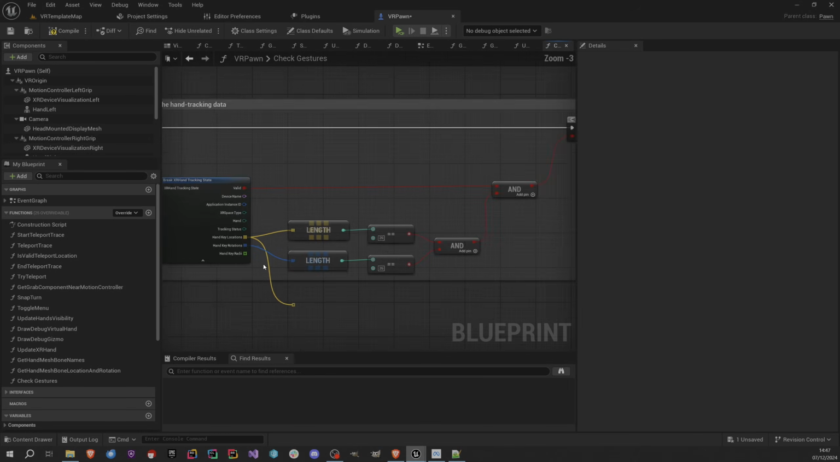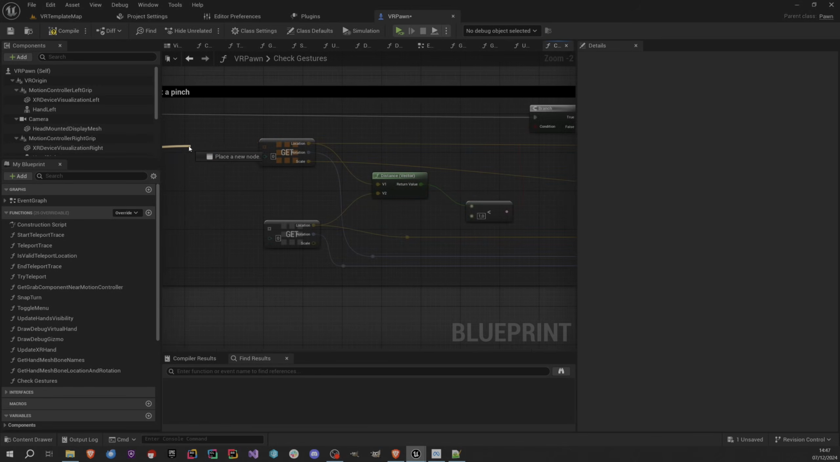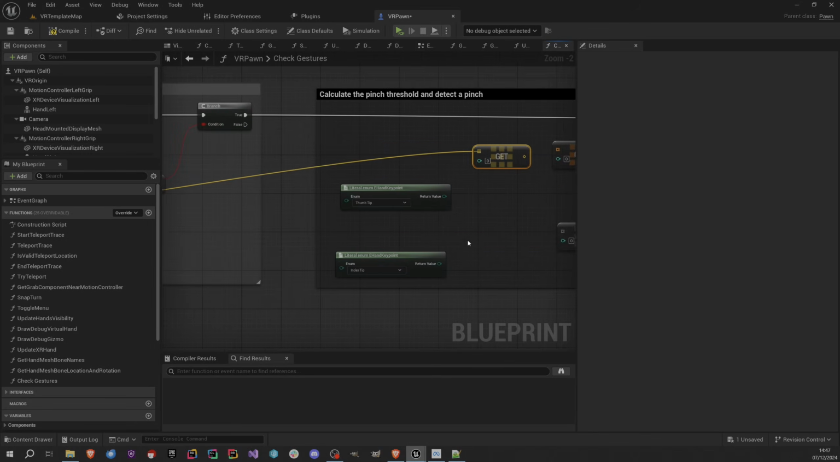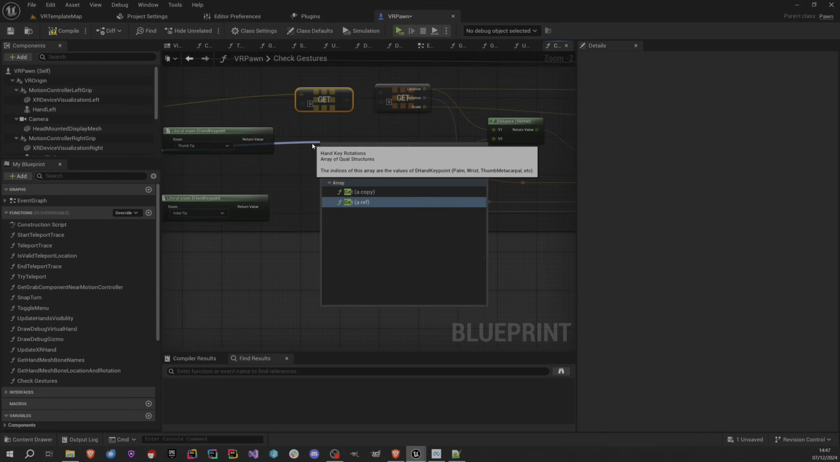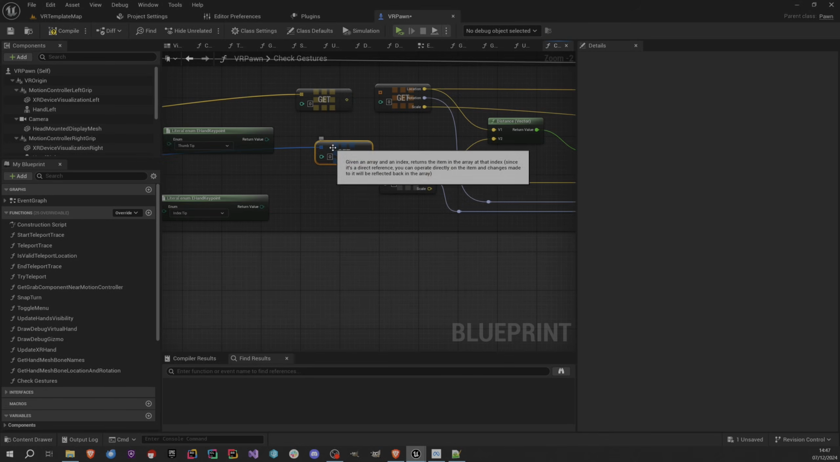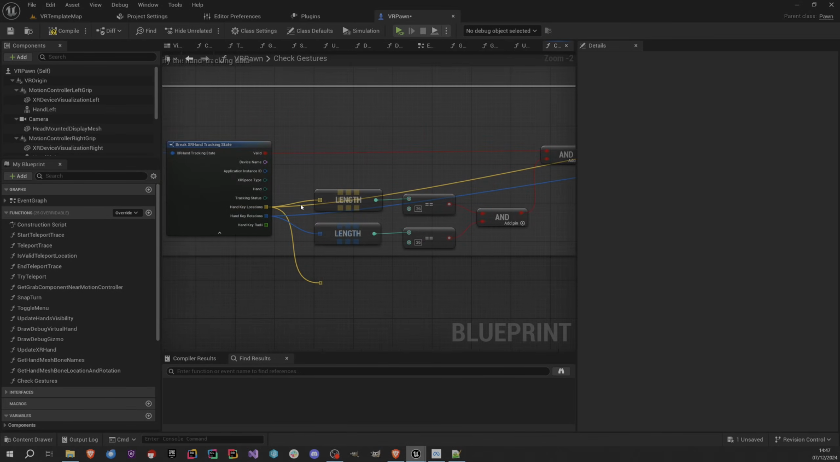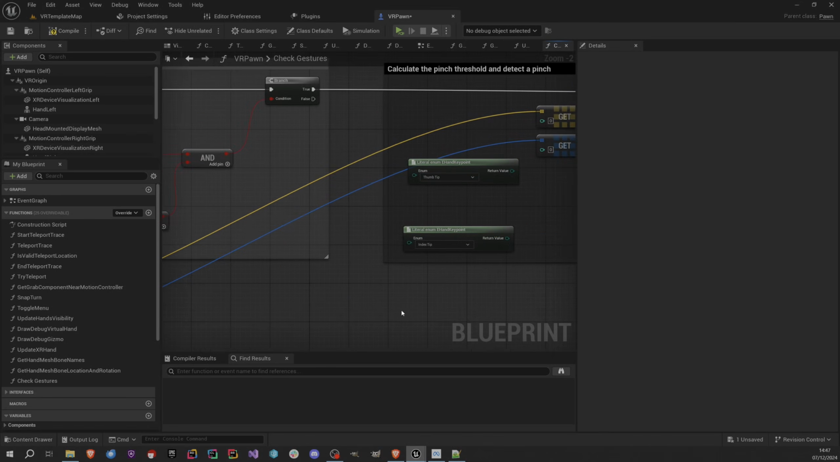So what am I gonna do? I'm gonna drag a node here. I'm gonna say get ref, and also one for rotation. Let's say get ref. So we need this, we need this. And I'm gonna delete this. And yeah, so